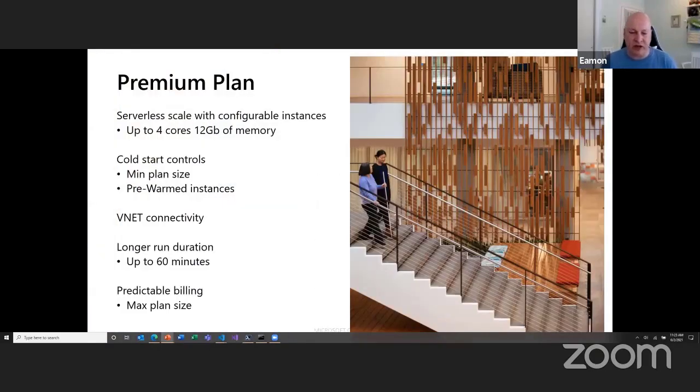One of the things we introduced a couple of years ago, and have been working on more and more over the last year, is our premium plan. The idea behind the premium plan is to solve a set of scenarios where customers needed extra capabilities that were very difficult to provide in a purely serverless manner, where we have very prescriptive sizes of memory and compute. With premium now, you can pick what kind of compute and what kind of memory you want to use when processing those functions. So it's opened up a whole set of scenarios that were very difficult to implement with constrained environments. The other thing the premium plan tried to solve was the cold start problem.